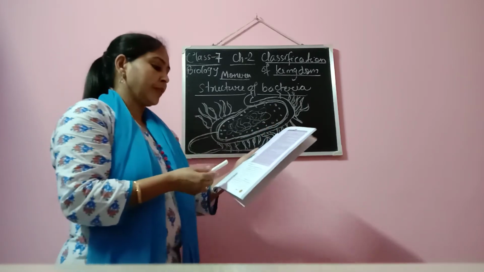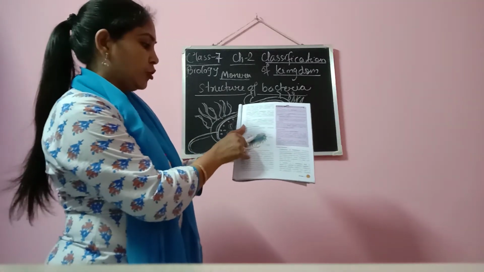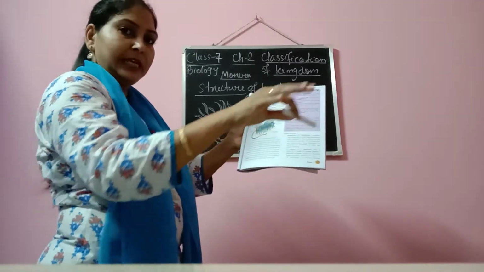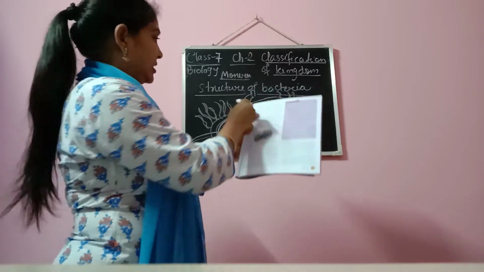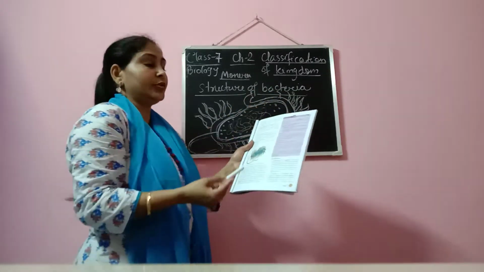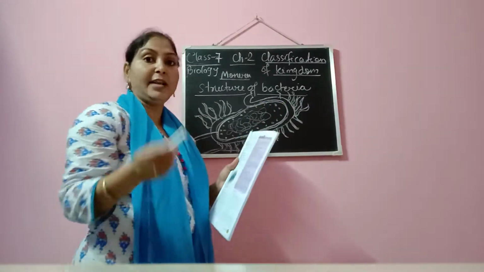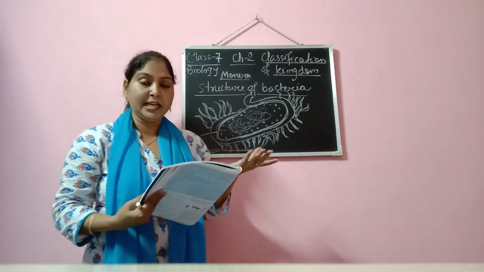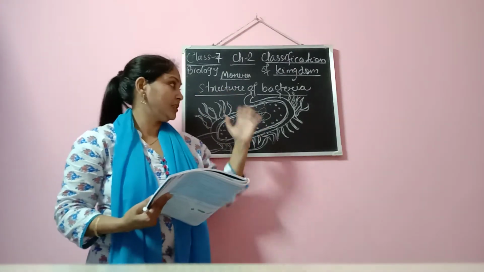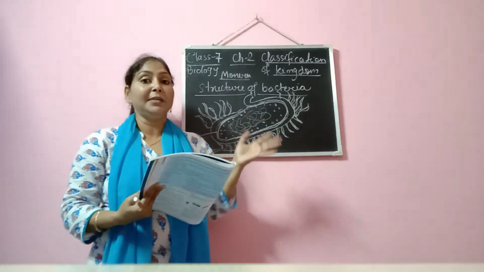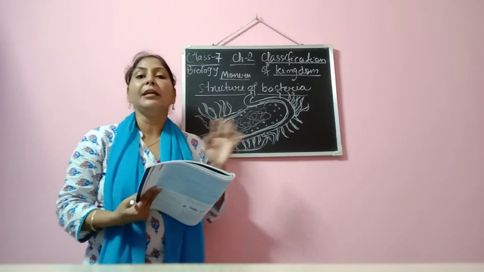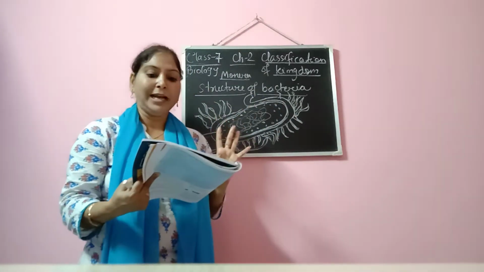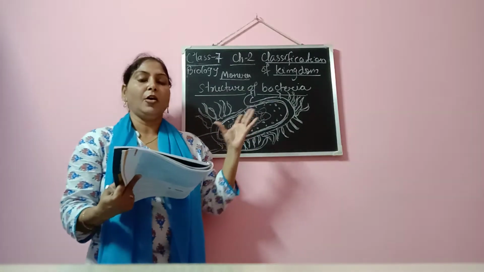You can see in this picture the ribosomes, these small ones, the chromatin material, and the flagella, which helps them to move. The body is capsulated, and outside they have a cell wall. Inside that they have a plasma membrane also, because it has the characteristics of both plant and animal. That's why all these parts are present. Had it been only animal, the cell wall would have been absent. So this is the basic, general structure of a bacteria.